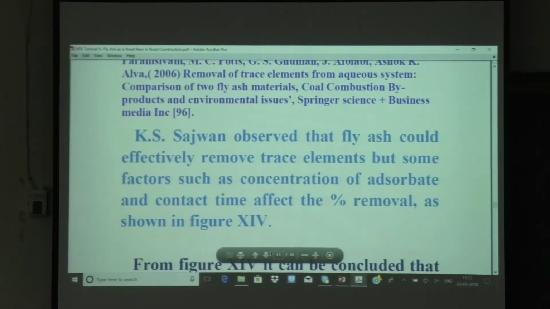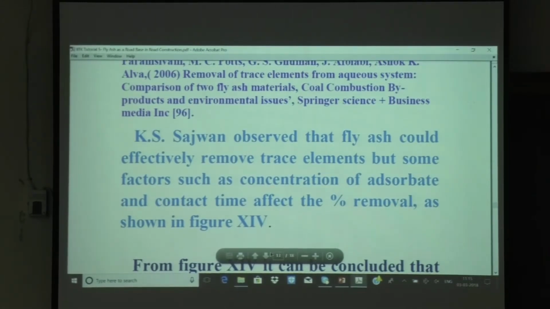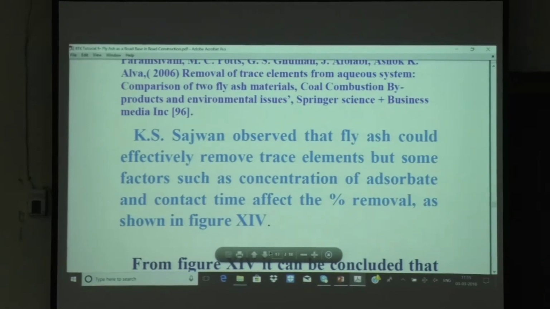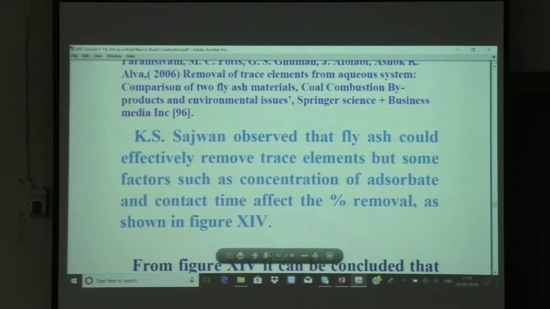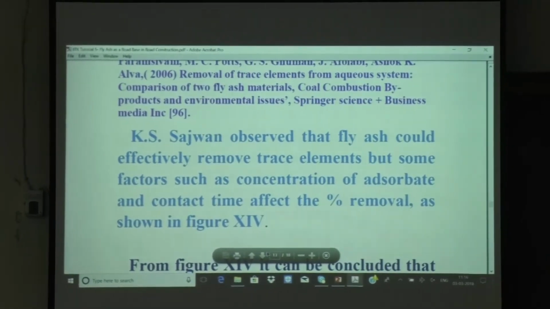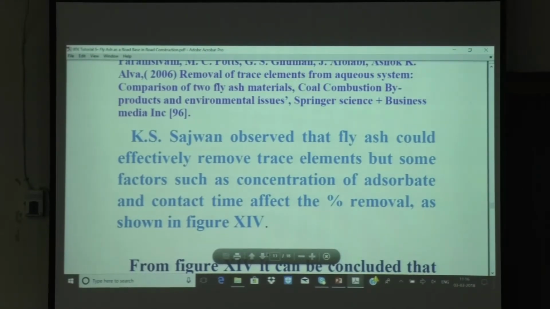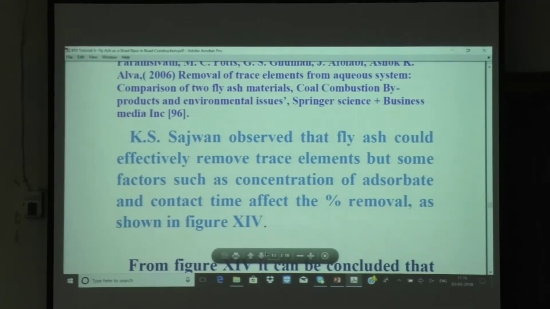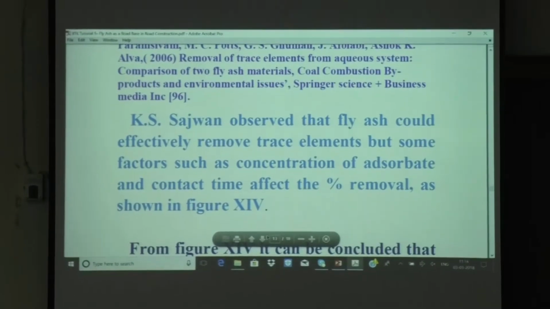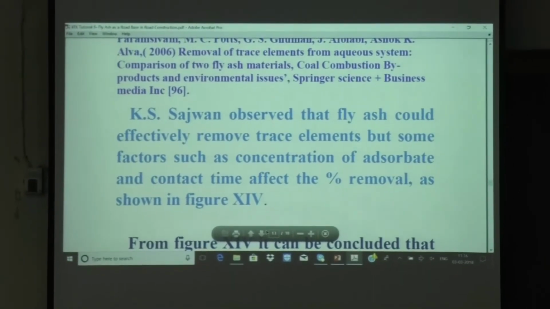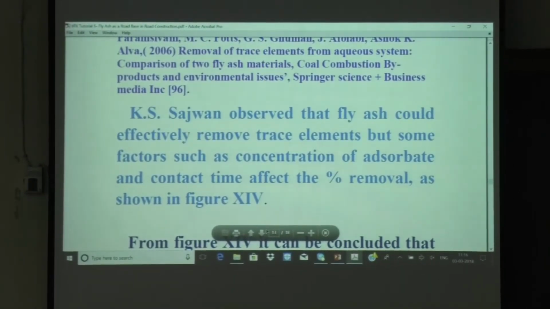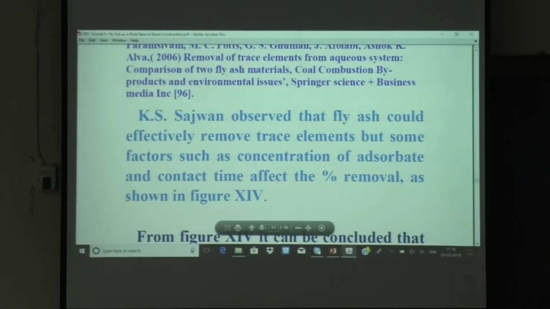Now, Sajuan and team also observed that fly ash could effectively remove trace elements, but some factors such as concentration of adsorbate and contact time can affect the percentage removal. So like you said, you may have to use more time than 8 hours in certain cases. Okay, that is quite possible. So everyone has to do experiments and go for the time which will remove